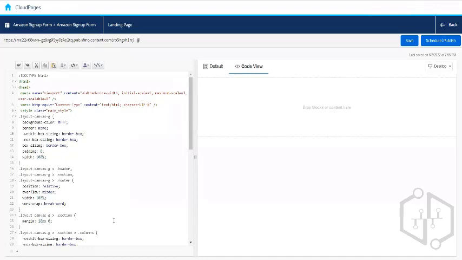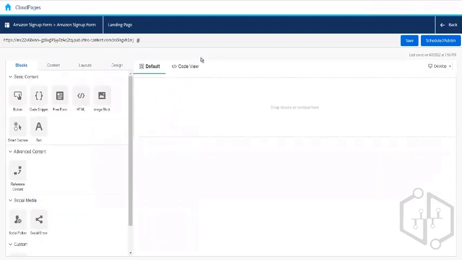So we can just delete it, and we can write the HTML code as well if you want. Right, so we have two options: one is the content blocks and another one is the code view. All these content blocks we have already seen: button, code snippet, field from HTML. These are the same